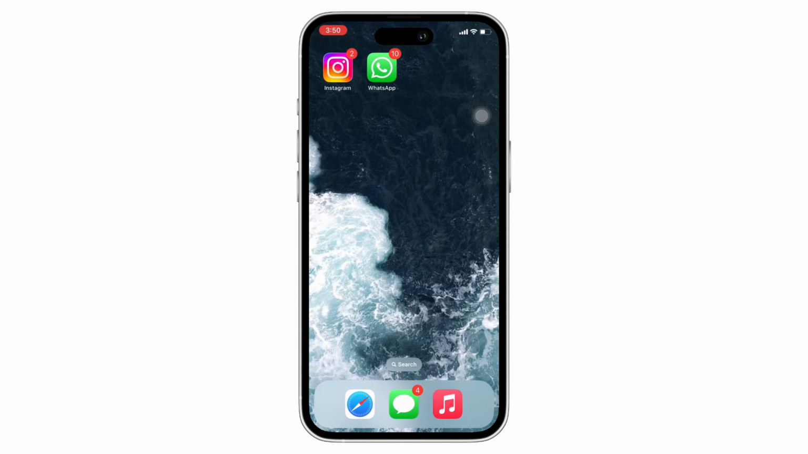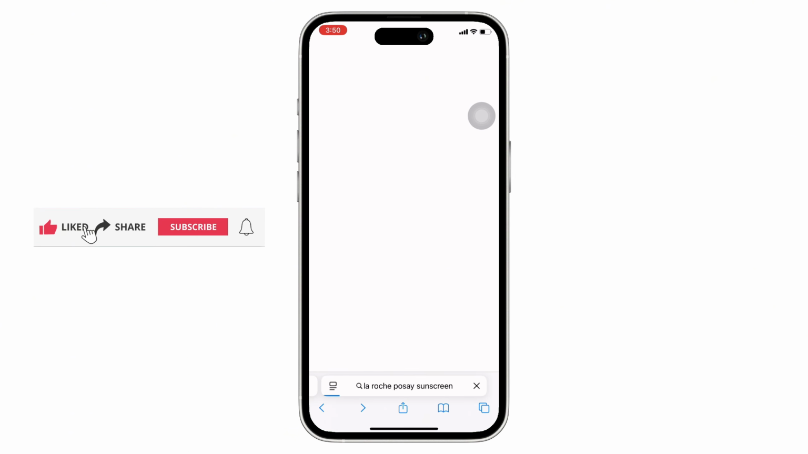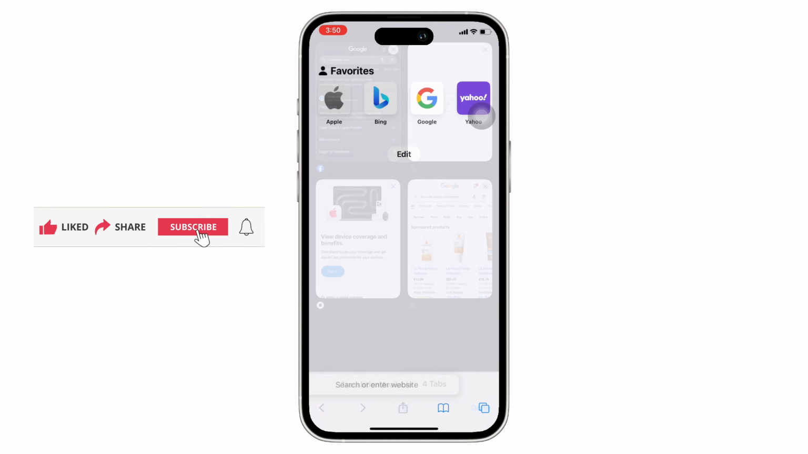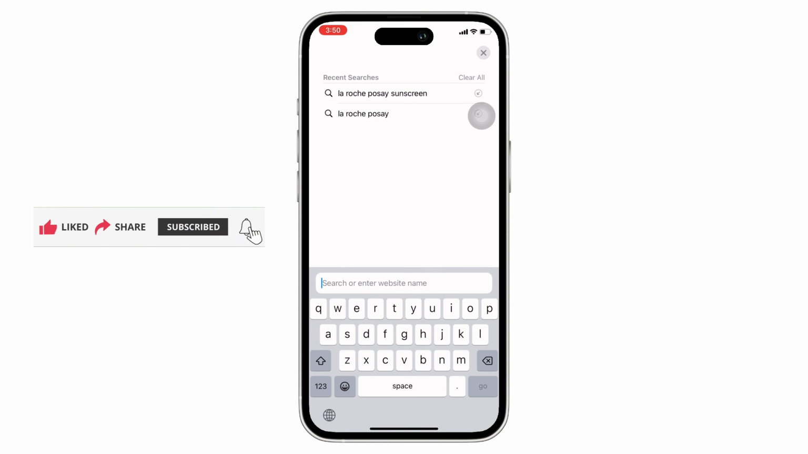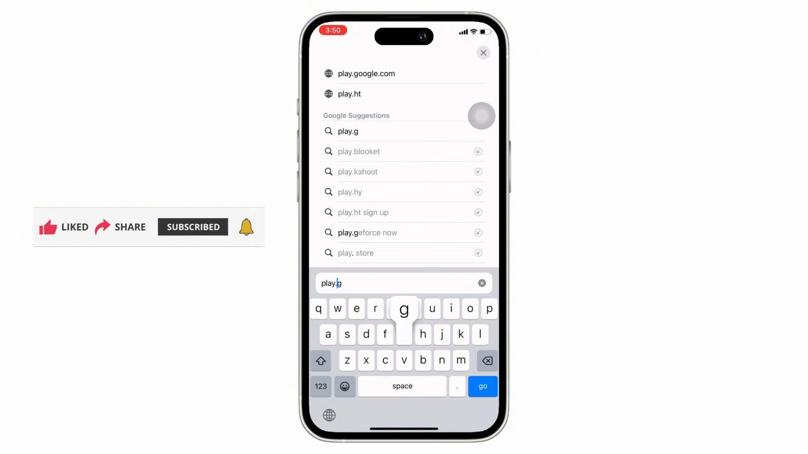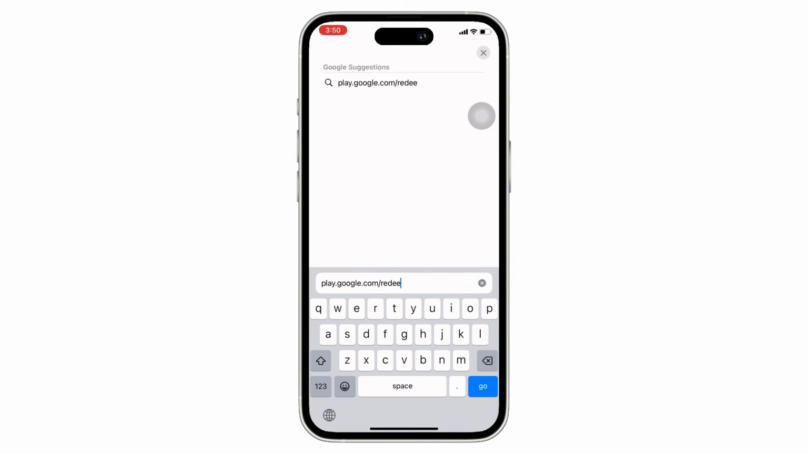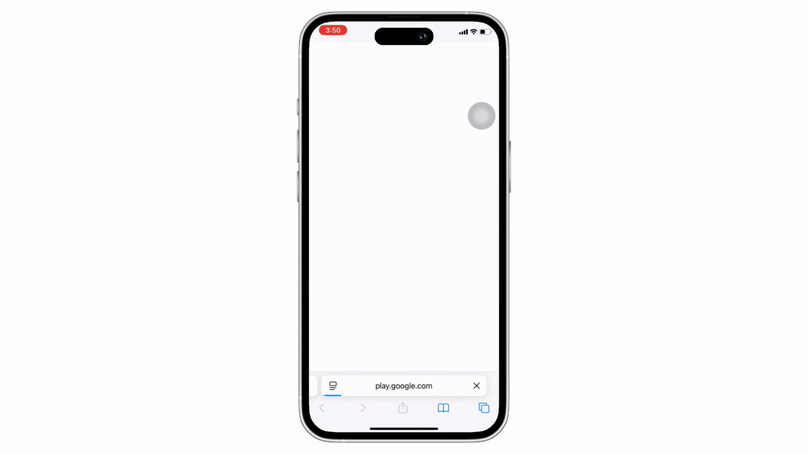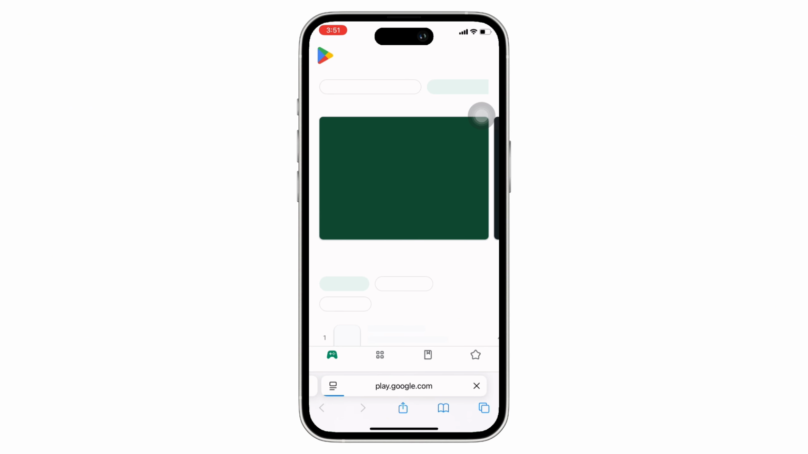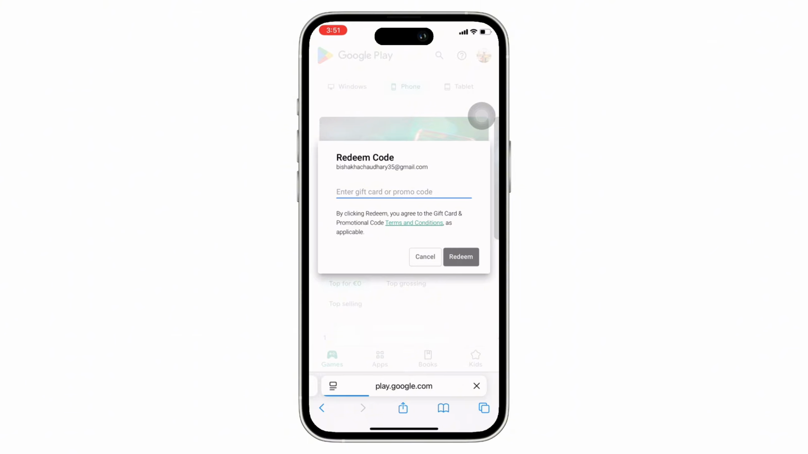Now let's get right into the tutorial. Firstly, go ahead and open your preferred browser and now in the search bar, search for play.google.com/redeem. Now, you will be required to sign in with your Google account, so go ahead and sign in with your Google account. And now, in the interface that you will be led to, you will be asked to enter